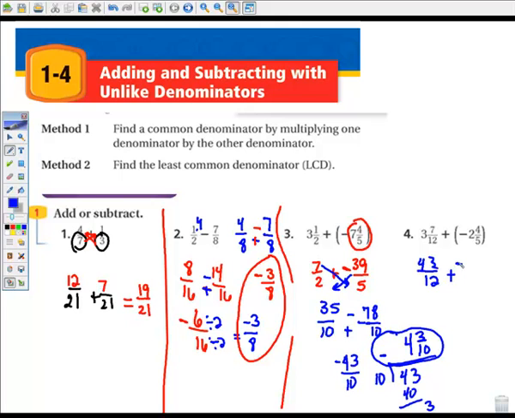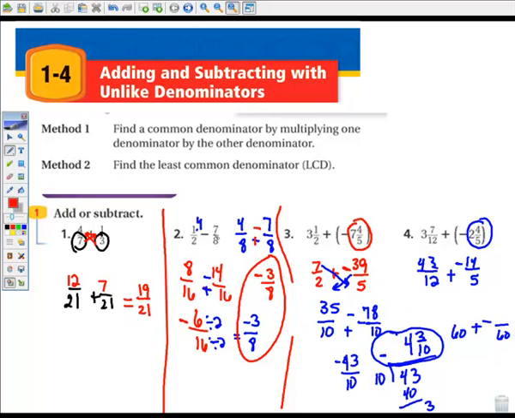43/12 plus a negative, and remember to change it. We only look at the positive. 5 times 2 is 10, plus 4 is 14/5. Common denominator here, again, I can multiply 12 times 5, and that's going to give me a 60. And actually, the least common denominator of 12 and 5 happens to be 60 anyways, so I'll go ahead and use that. So 60